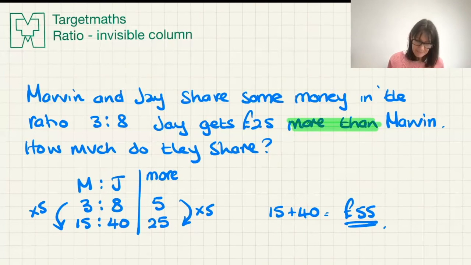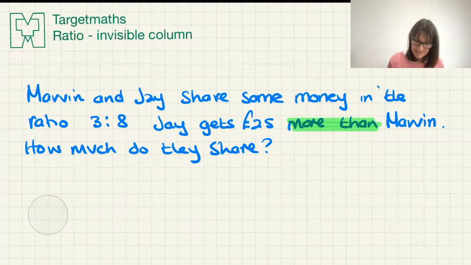Let's do another one. I'm just thinking I might adapt this question so you don't have to wait for me to write a million things out. Let's change the ratio. So let's say Marvin and Jay share some money in the ratio of 5